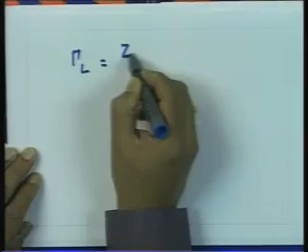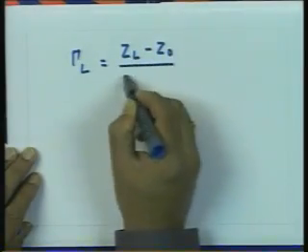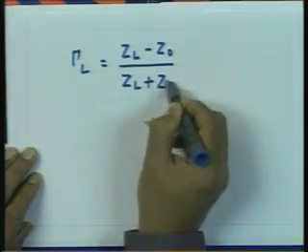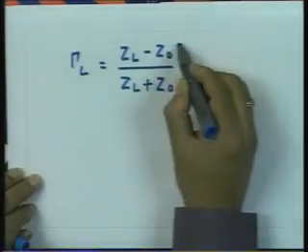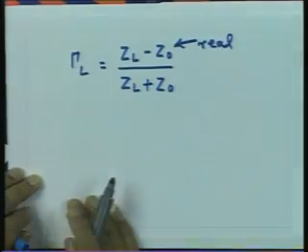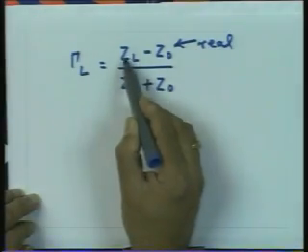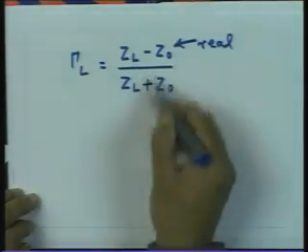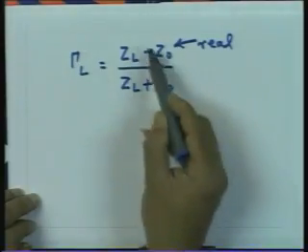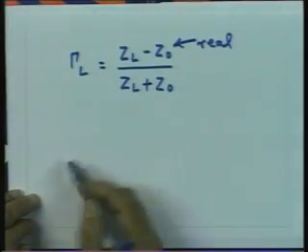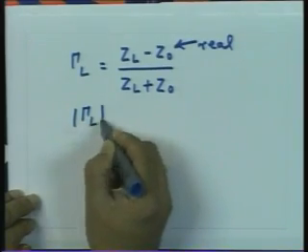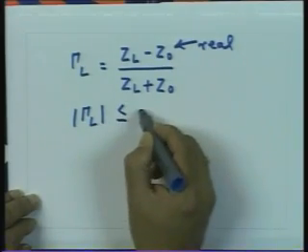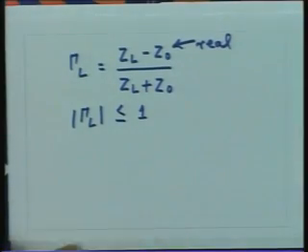Since the line is lossless now, the reflection coefficient at the load is ZL minus Z0 divided by ZL plus Z0, and Z0 is a real quantity for a lossless transmission line. So, ZL can have any complex impedance terminated on the line, but Z0 is real. Without much effort, one can see that the magnitude of this quantity is always less than 1. So, the mod of gamma L is always less than or equal to 1, and that makes physical sense, because